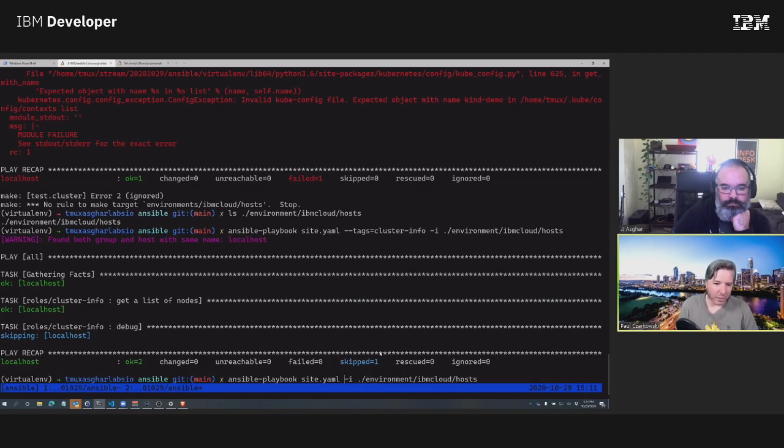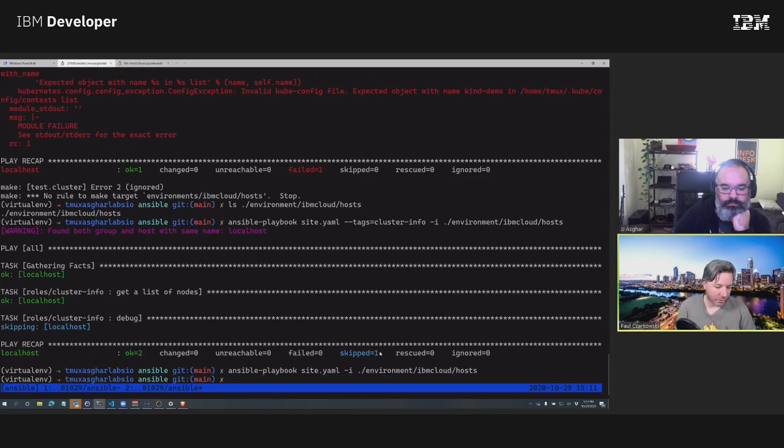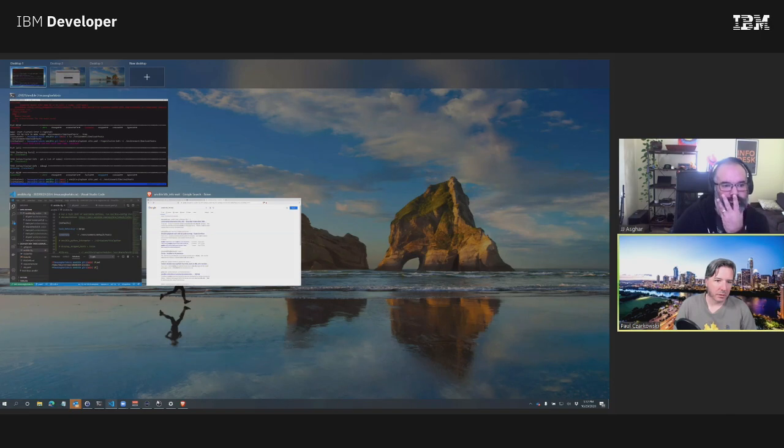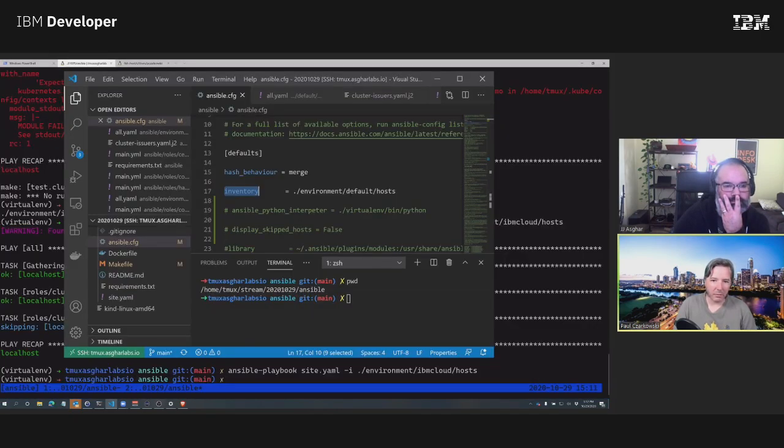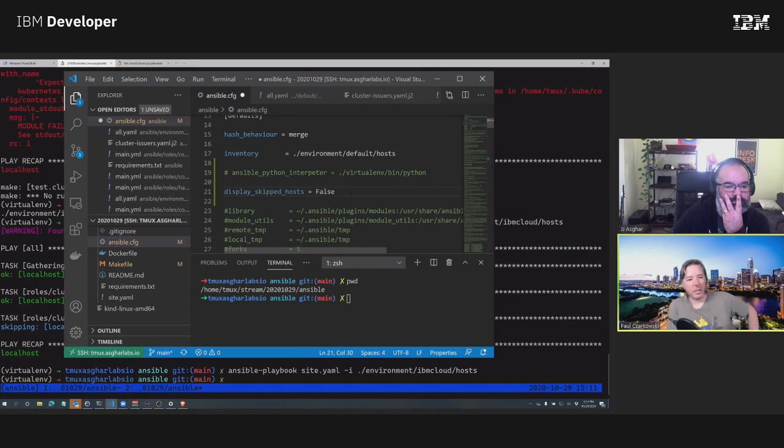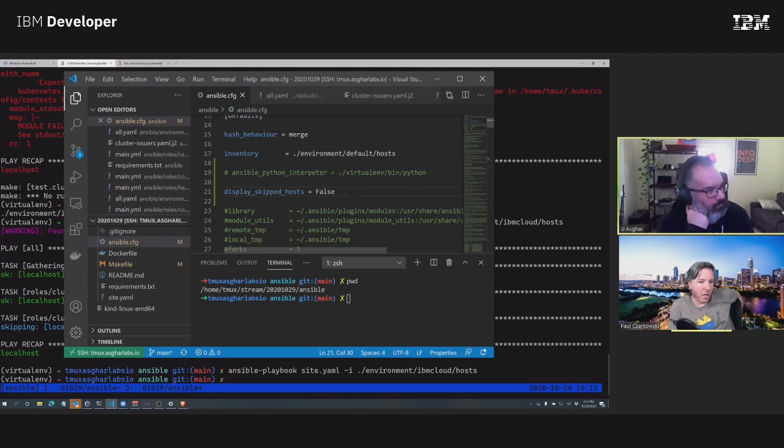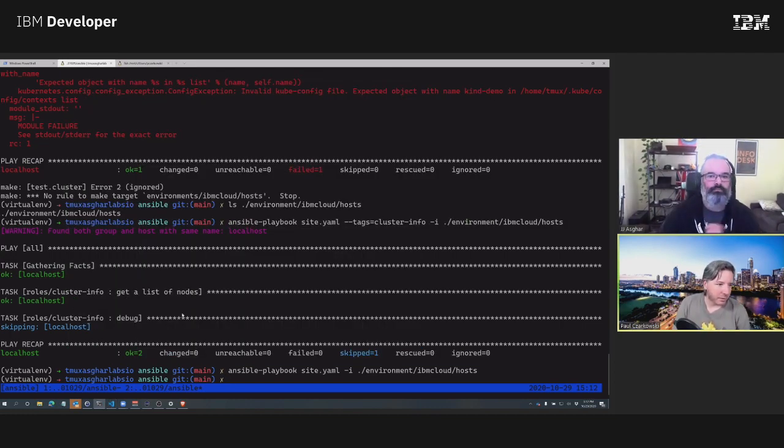Oh, actually, let me show you one other setting I really like to set in my Ansible config. And that is this guy right here. Now it says display skipped hosts is false, so the default is true. But not only does that not show hosts that are skipped, but it just doesn't show tasks that are skipped. So as you build out your Ansible roles, you end up with a lot of if-then-else kind of statements in your things.